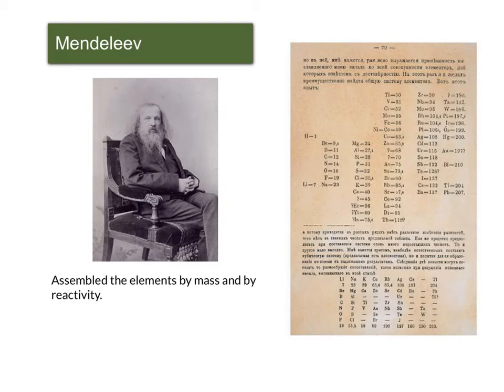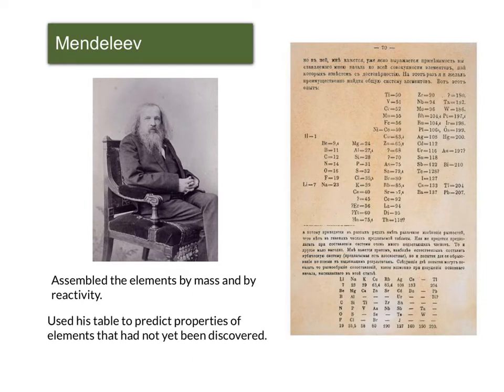So what he ended up doing was really powerful for a couple of reasons. One, the most important one, is that it actually made predictions about elements that hadn't yet been discovered. So there were a couple of holes in his organization, and he made claims about the gaps being places where elements would go after they had been discovered, and even made predictions about what their properties would be, what their approximate masses would be, and it turns out that we now know he was right, and those elements that hadn't yet been discovered were later discovered and fit right in where he suggested they would.